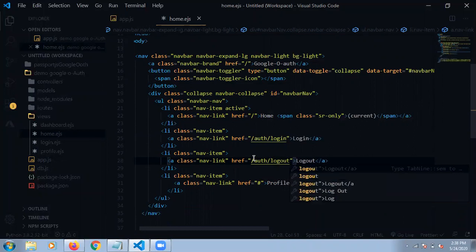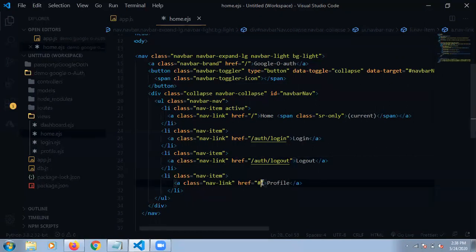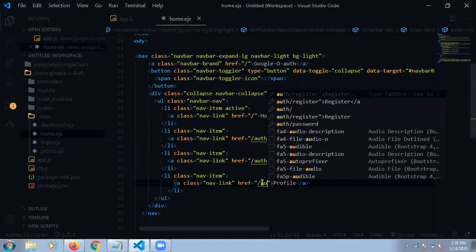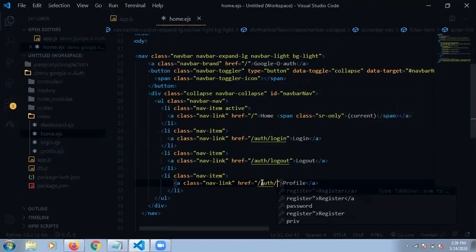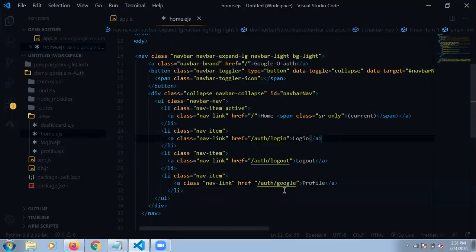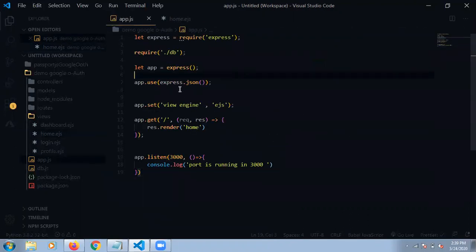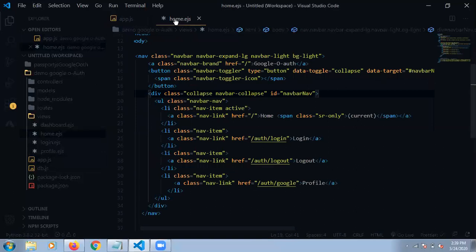This is logout, and this is the profile part, auth slash profile, and auth slash Google. Everything is there.